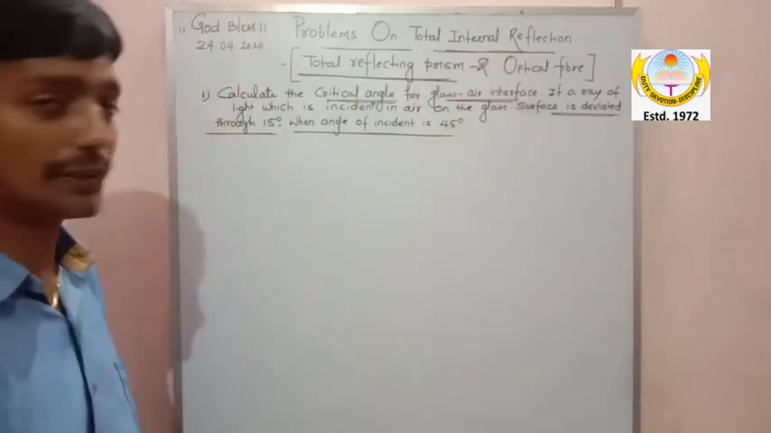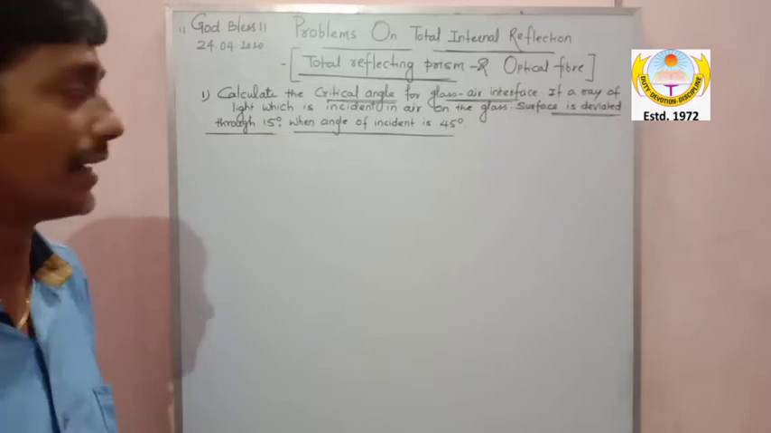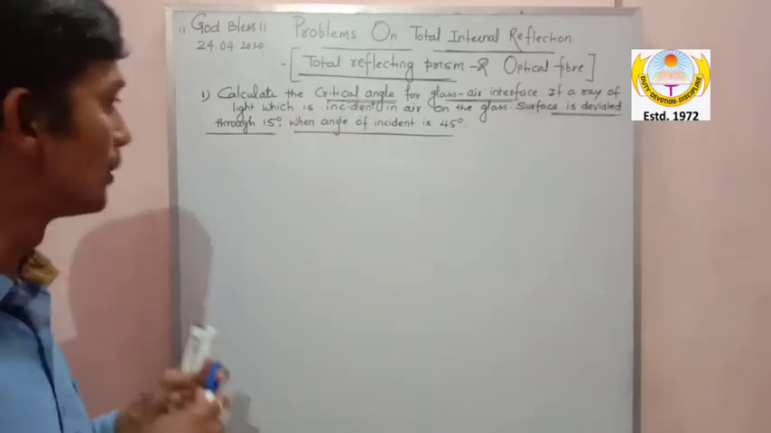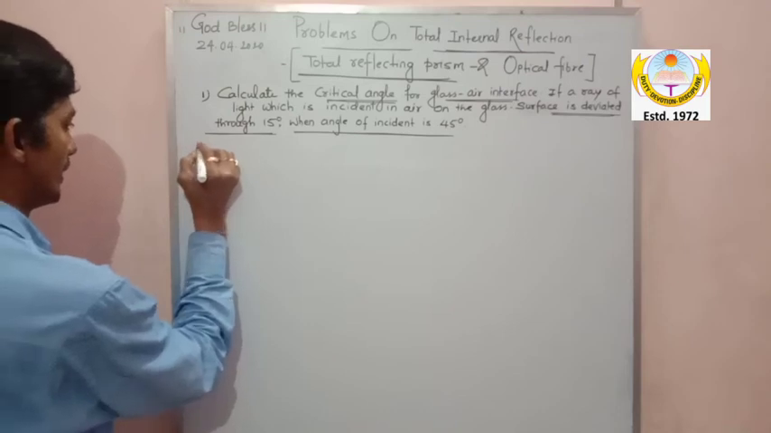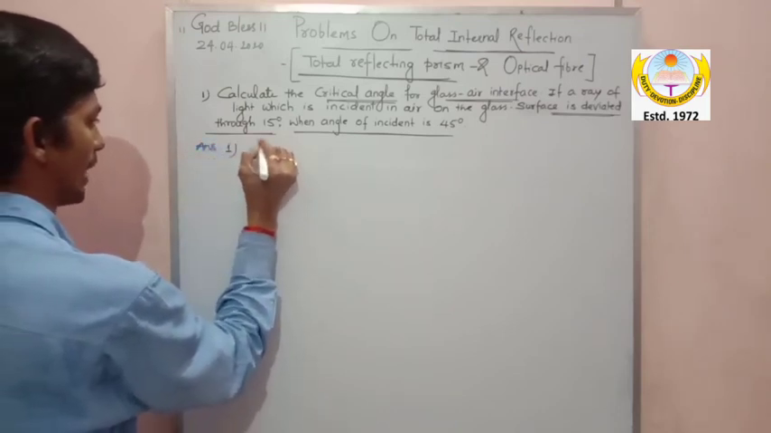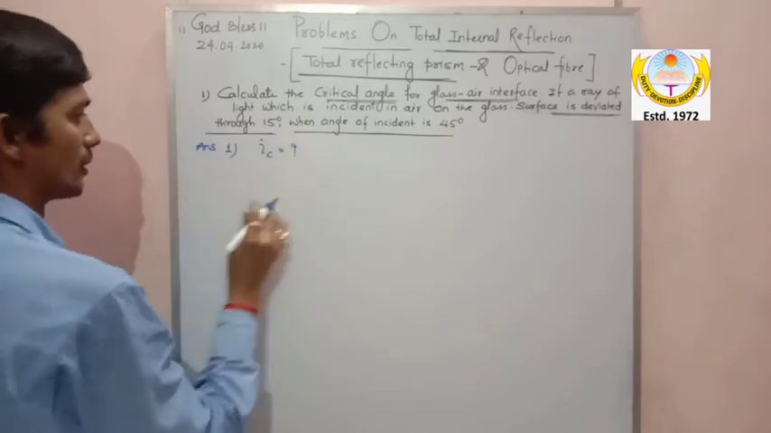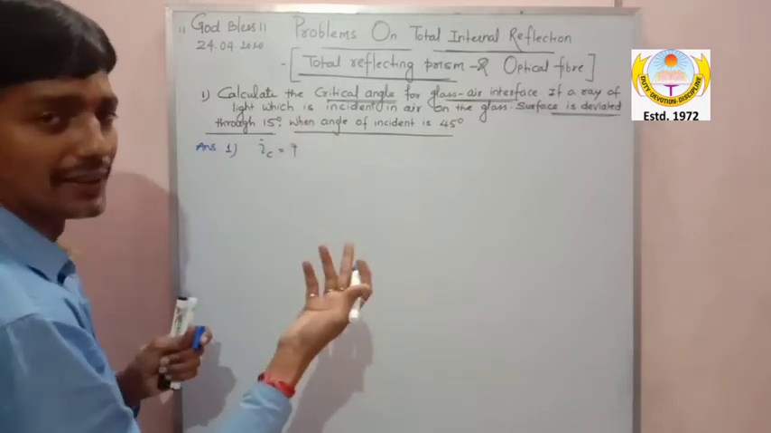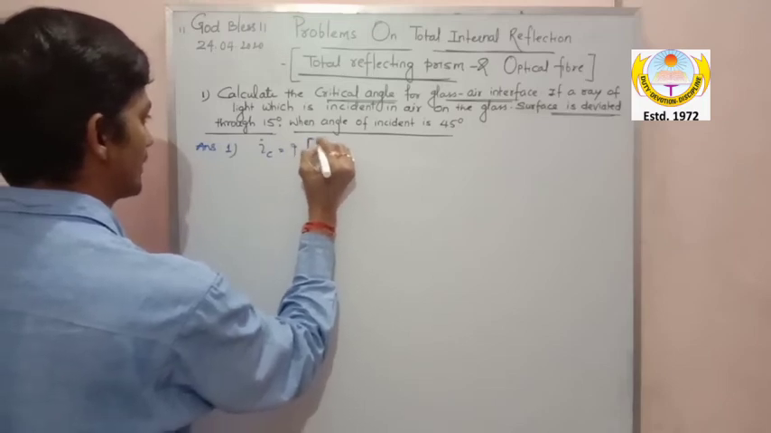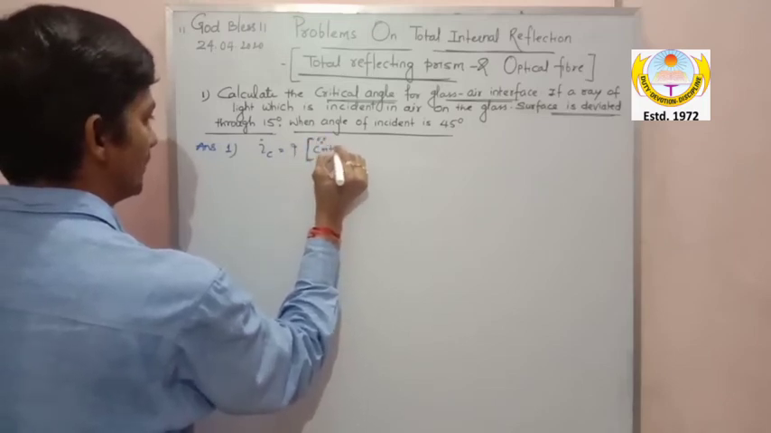Now the first question which I have taken, my dear, on TIR is: calculate the critical angle. Now you all know, here is the answer for the first. Calculate the critical angle means you have to calculate IC, because critical angle is the angle of incidence. I hope it is clear. So here I am writing for your knowledge, since critical angle